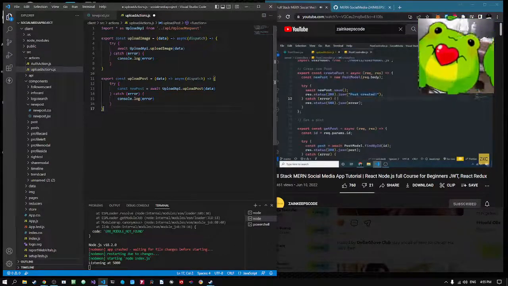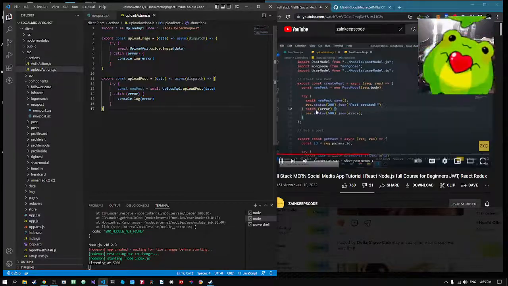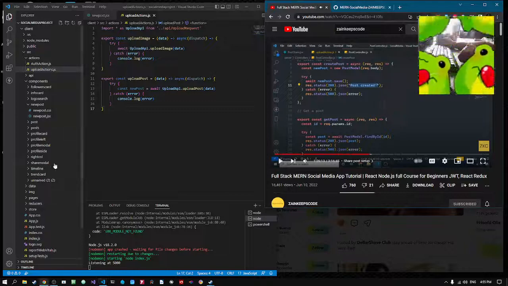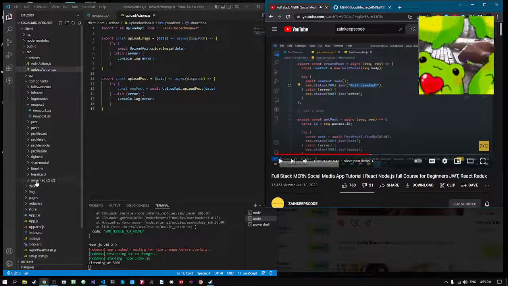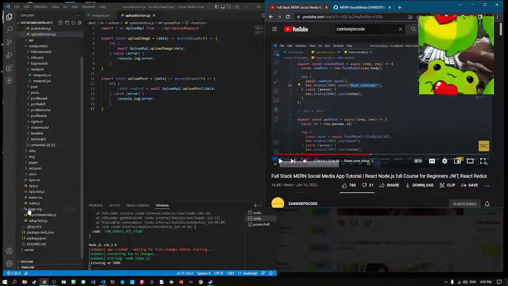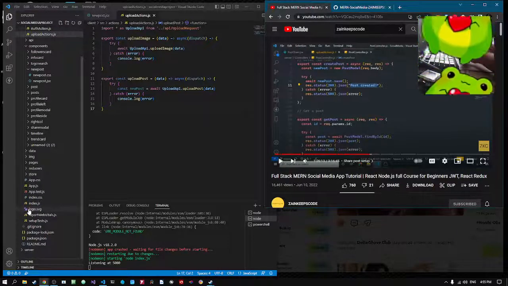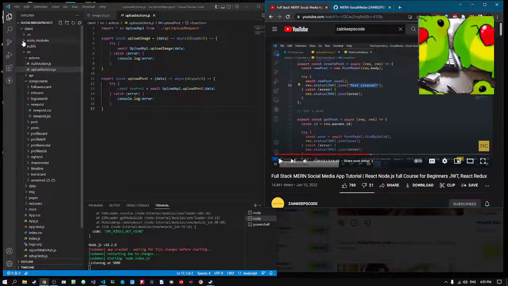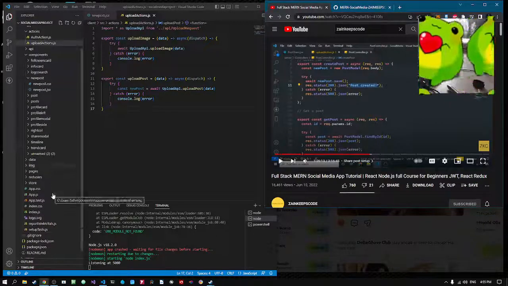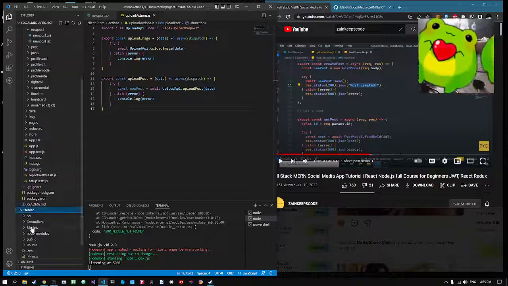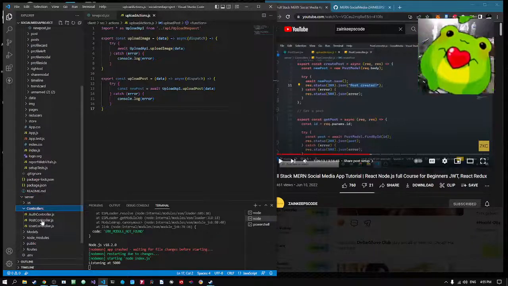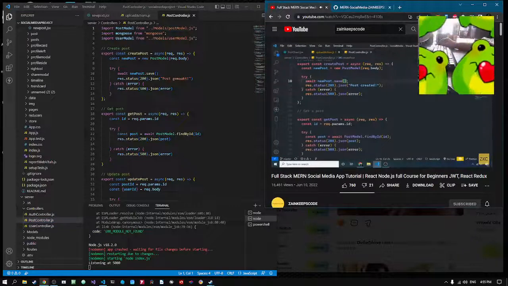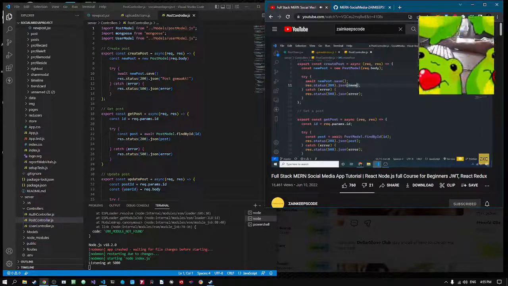So post controller, and here we are creating a new post, and it is only returning the string "post created". So instead of just returning this string here, I should write